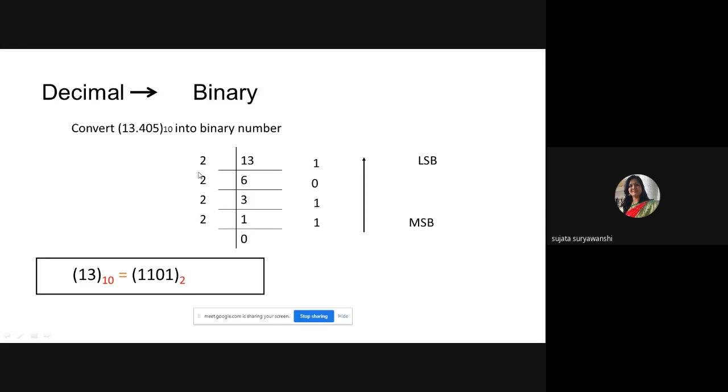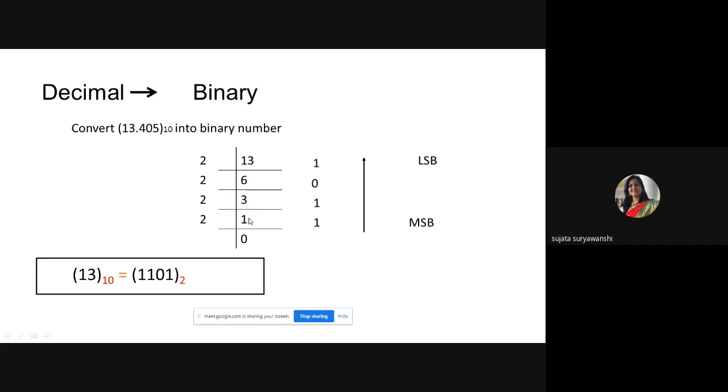After that, again I need to divide the quotient from the previous division, that is 6, by 2. 2 3s are 6, and here I'm getting remainder 0. So I have written this remainder 0, and 3 is the quotient. Again divide that 3 by 2. 2 ones are 2, remainder is equal to 1, and quotient is also 1. Here some students will stop here, but what is the condition?